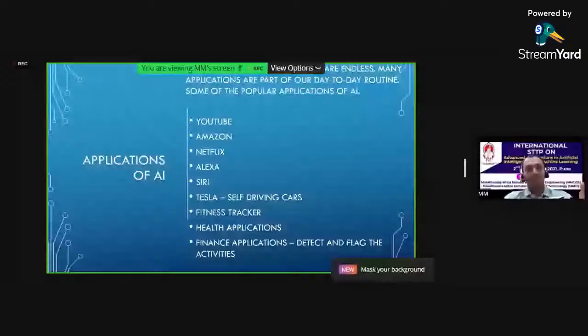Tesla. Now the self-driving car. This is one of the popular things going on currently right now. Tesla has designed a self-driving car. It also has a kind of autopilot mode, which is available in aircraft. A similar autopilot mode is available in Tesla where you enter the destination and it will automatically find the path and take you to the destination considering all the necessary